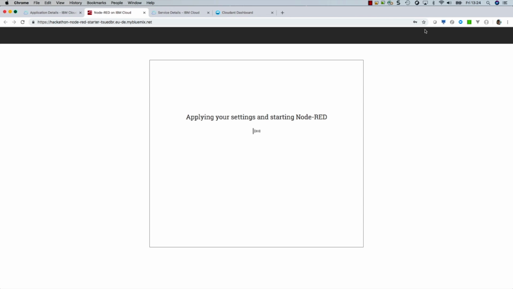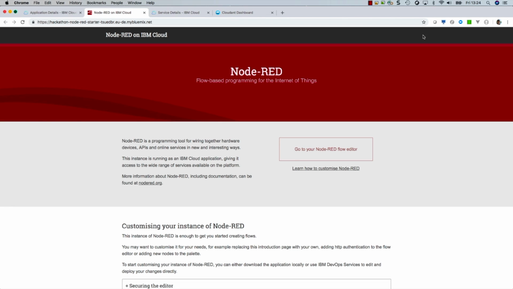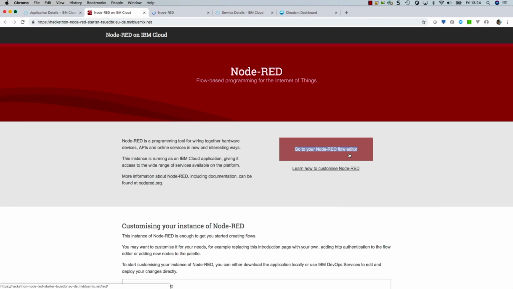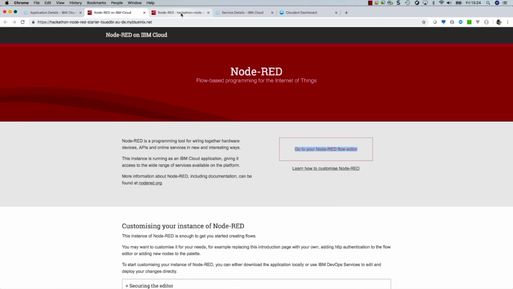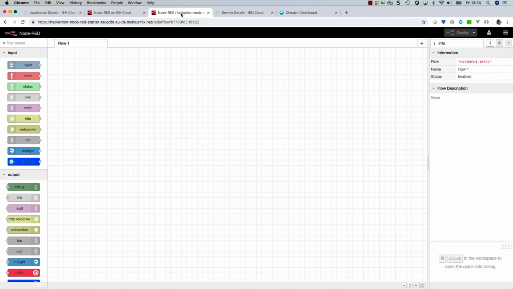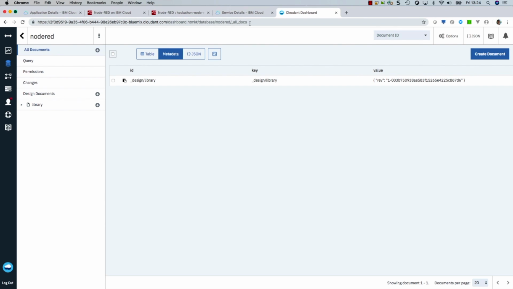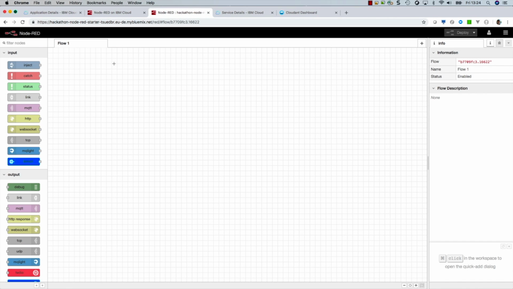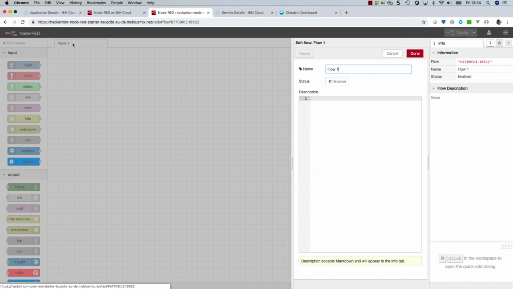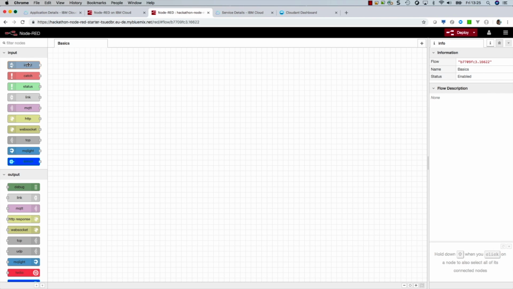It's cool. Now Node-RED is instantiated and runs on the IBM Cloud, and I open up the browser in a new tab. So you remember we have the database, so let us take a look inside the database. Is there any new stuff there? Yeah, we can see there's information about the settings. So I will create just a basic flow. I give the tab for the flow a name. So, basic, just to show that it's really basic, and I will insert just the inject and a debug